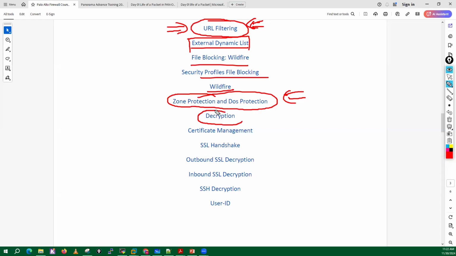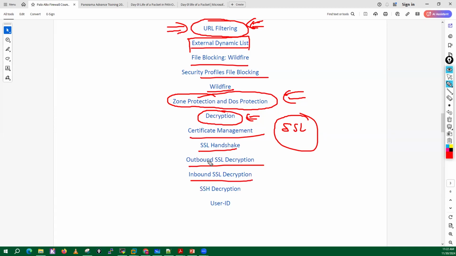Then we will discuss the SSL decryption. Here I will give you a very in-depth overview of SSL, right? Then how SSL decryption works, how certificates work, how the SSL handshake works, outbound SSL decryption, inbound SSL decryption, we will discuss in detail. Then the most important part, which is SSH decryption, because most of the time nowadays people basically